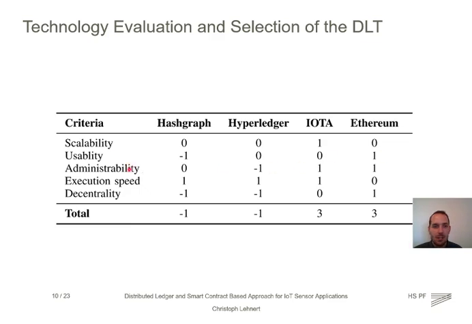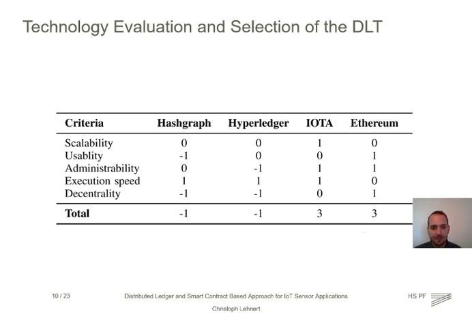The architecture should be scalable, which means that the DLT must be scalable as well. In addition, usability must be given so that a user can easily query sensor values. The administrability results from the fact that a concept should be easily extendable with more users or sensors. The decentralization is the main reason to create a system with a DLT, which is why this criterion is also